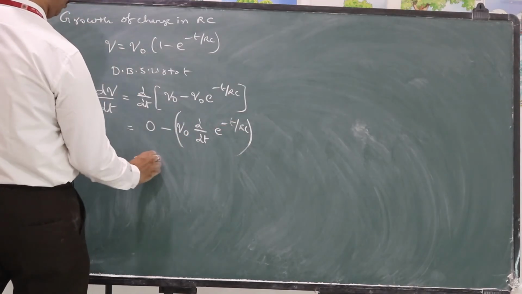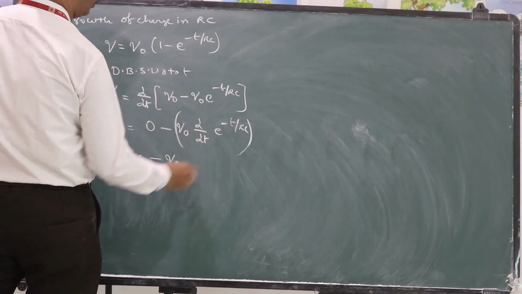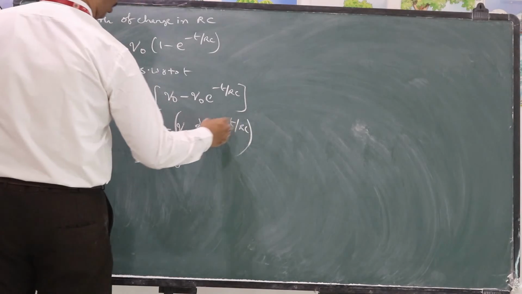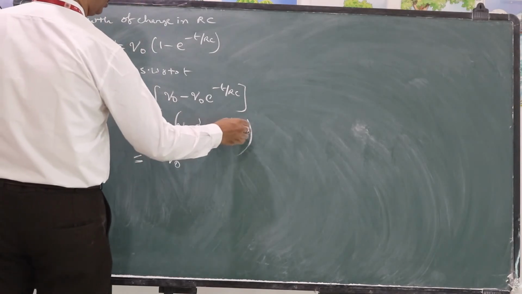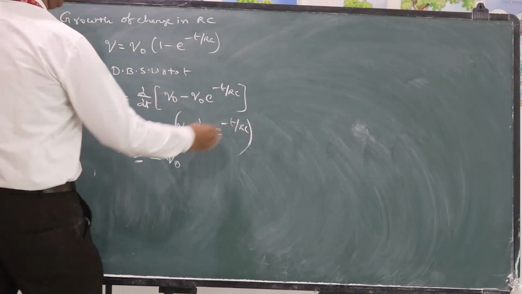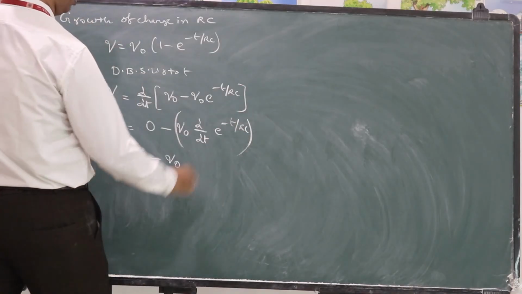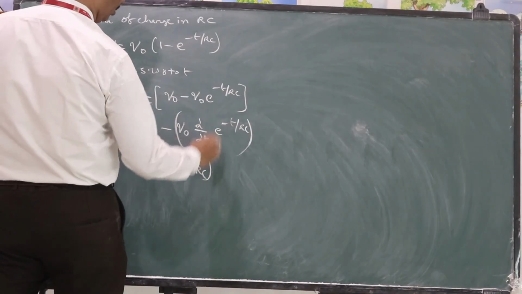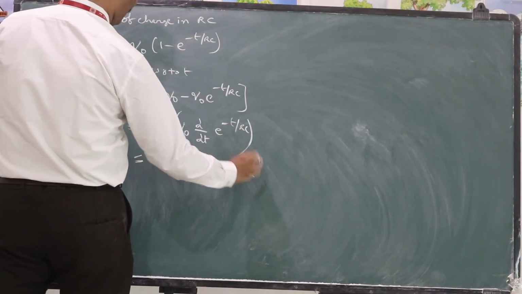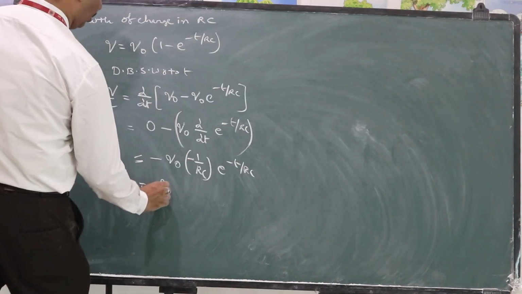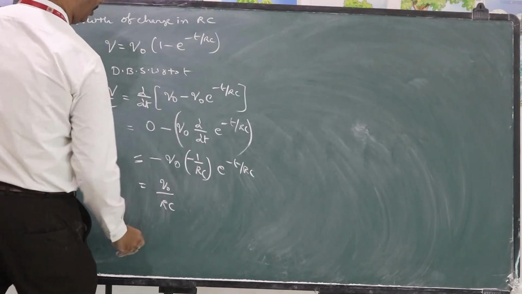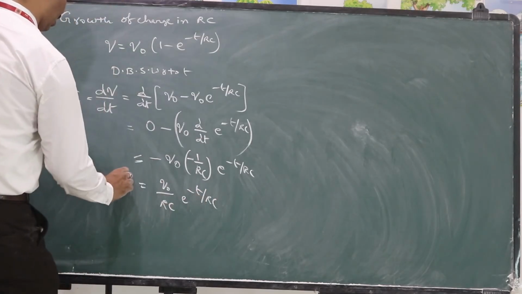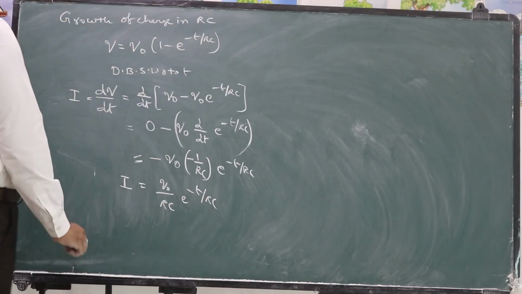So it becomes minus Q0, e power x derivative is e power x itself, and again for the t, here something is there, a function of t. So for this function again you need to find the derivative. If you find the derivative, minus 1 by RC will be the derivative for this one, e power minus t by RC. So minus minus get cancelled, Q0 by RC into e power minus t by RC. This is the value of current after t time.